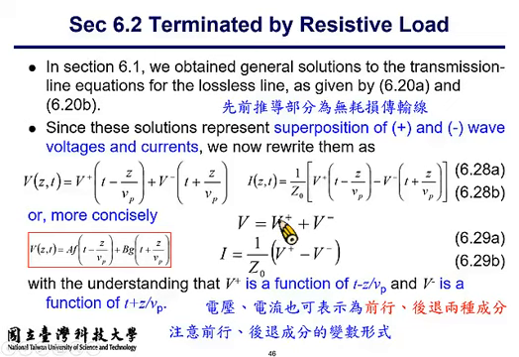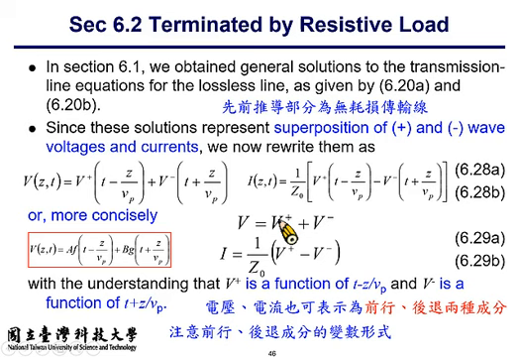So continuing our discussion in section 6.2, we will discuss the transmission line circuit. Now we will officially introduce the transmission line circuit for the case of termination with resistive load, which is probably the simplest transmission line circuit configuration. And from previous results, we have introduced the general solution for